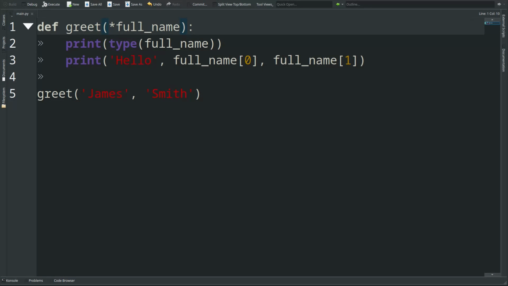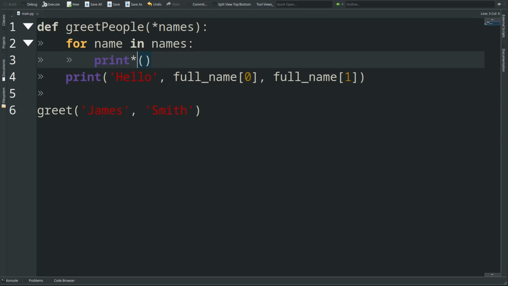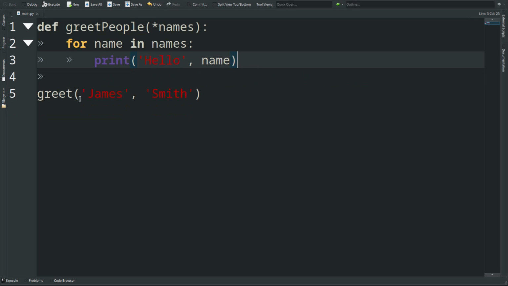Let's change our function to greet people. And here you could change it to names. And after that, you could go for name in names, print hello name. Notice that it will greet as many people as you want. In this case, I'm passing James and Smith, and that will be converted to a tuple. And if we run that,